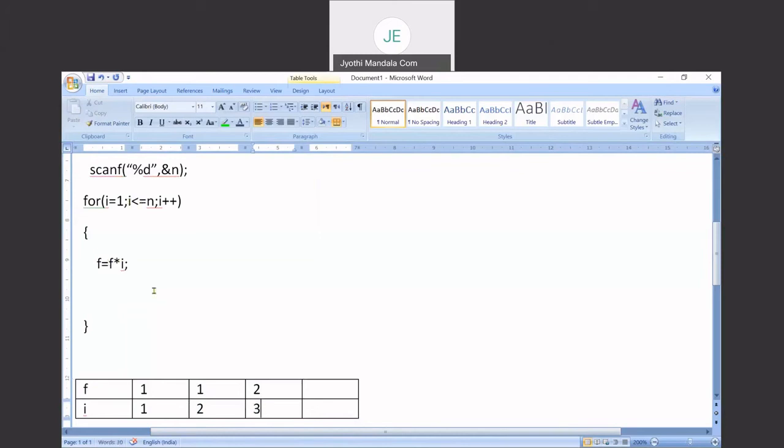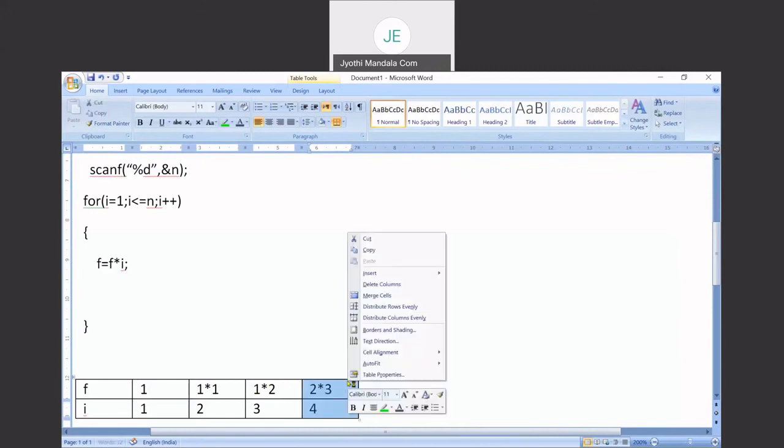Now come here, f star i. The f value is 2 star, the i value is 3. 2 threes is, for your understanding, I'll write like this. So now 1 star 2 is 2 star, what is the i value? 3. You will get that value, and the i value will be incremented to 4.